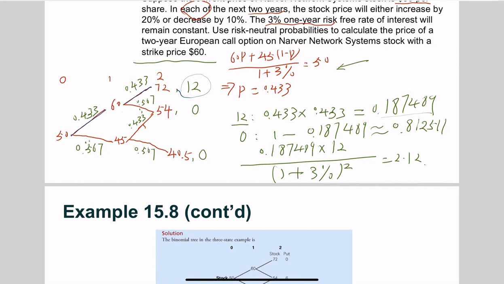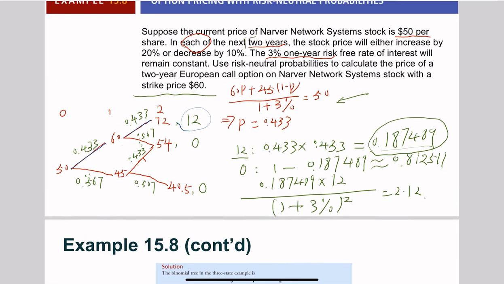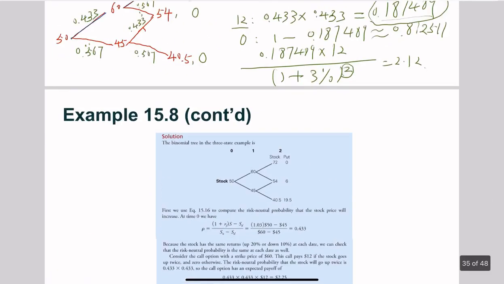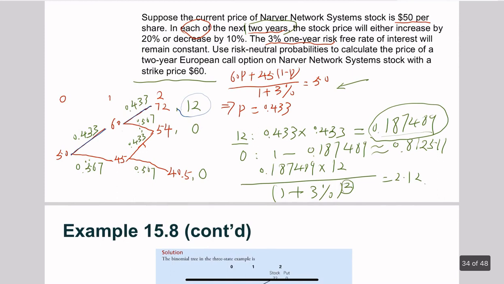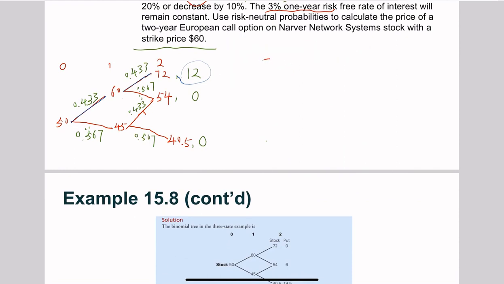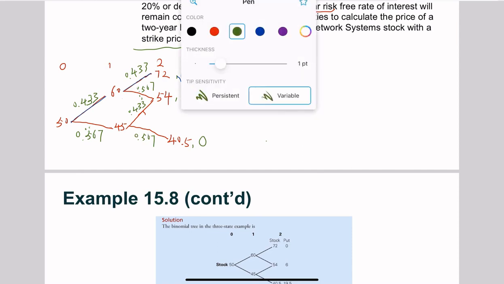And then after finding out the risk neutral probability, this number, you can calculate the expected payoff of this call. Then you could discount it by the risk-free rate because we have 2 years. So you have to use a squared here. Okay. There's a different way of calculating the price of this call, but it's not recommended. It's actually more complicated. Another way, which is more conventional, is